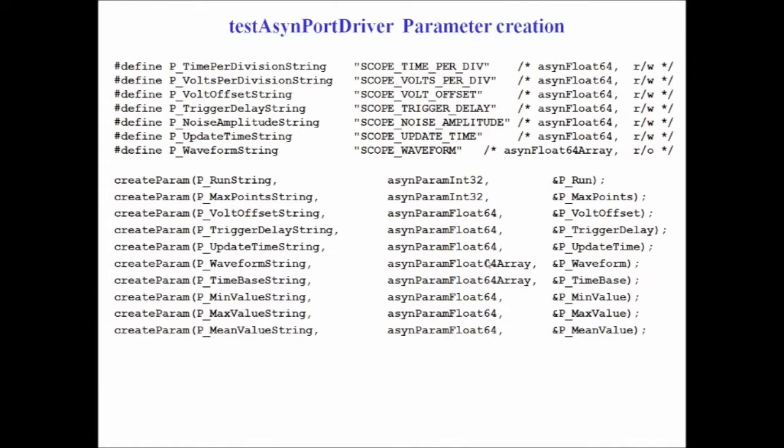We define some symbolic constants, and typically this should be done in your header file, your .h file, because this is basically what you're publishing about the capabilities of the device. This is sort of your contract with the clients, that these are the names of the parameters. Your contract is not what is the value of the PASYN user reason field, because you want to be able to change that. But what you don't change is these strings. So you put these strings typically in a header file, but you define them as symbolic constants, which you can then use in this call to